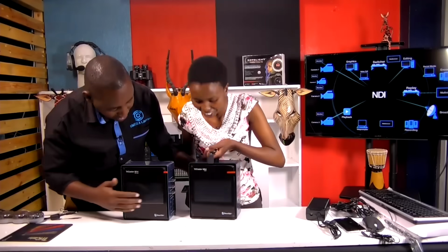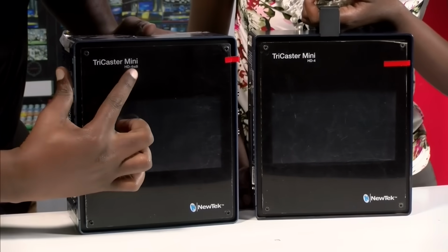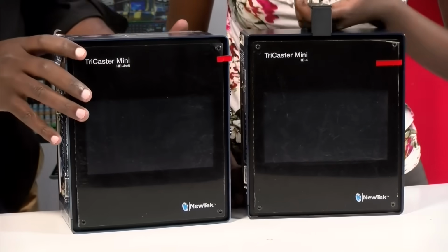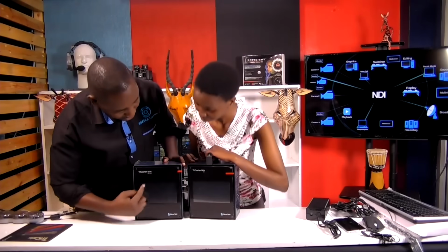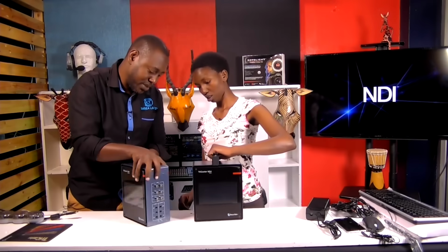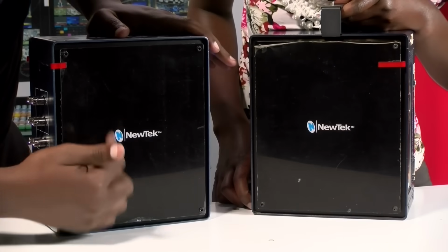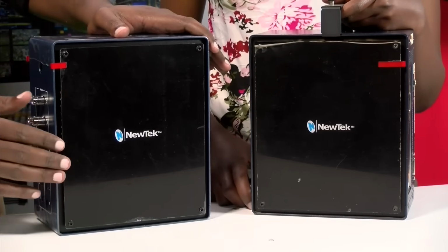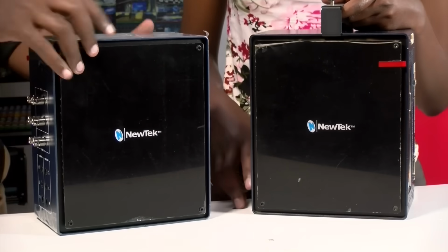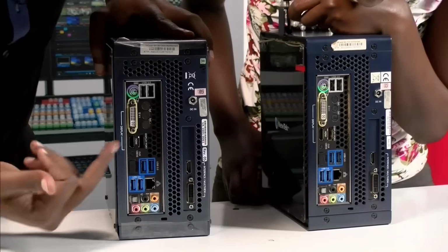When you place them like this, everything looks the same, except for the indication that this is SDI and this is HDMI. And this is the screen, a display screen for the program. That's where we display it. Then when we turn both around, at the back we've got the Newtek logo. It lights up when you power it up and looks nice. On the back side we have the power in,